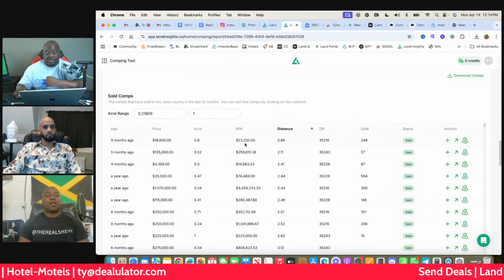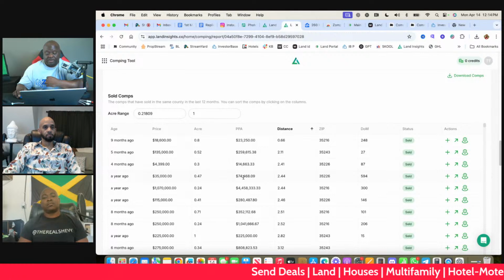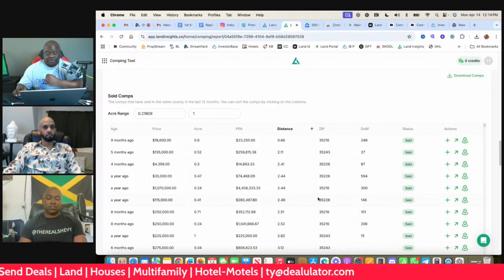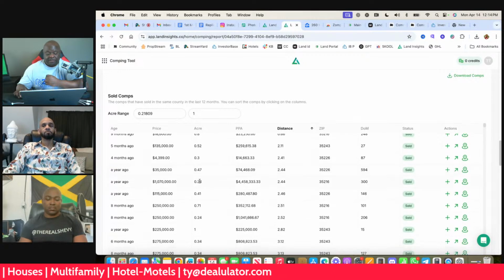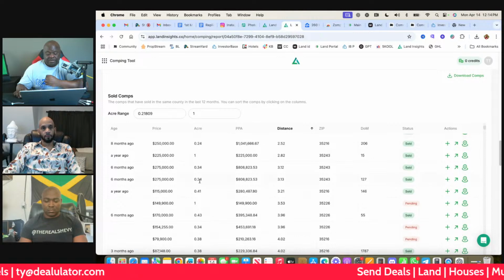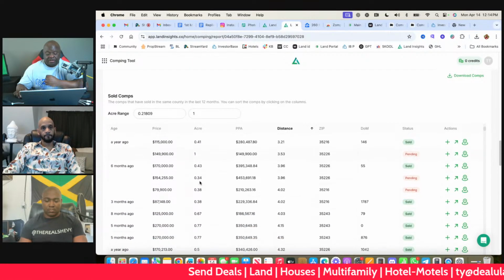I'm trying to look at the ones because a lot of these probably had houses on them. And the zip codes are changing too over here because it's so close to some other zip codes. It's sort of weird. I'm just trying to look for some consistency here. Man, it's stuff all over the place.